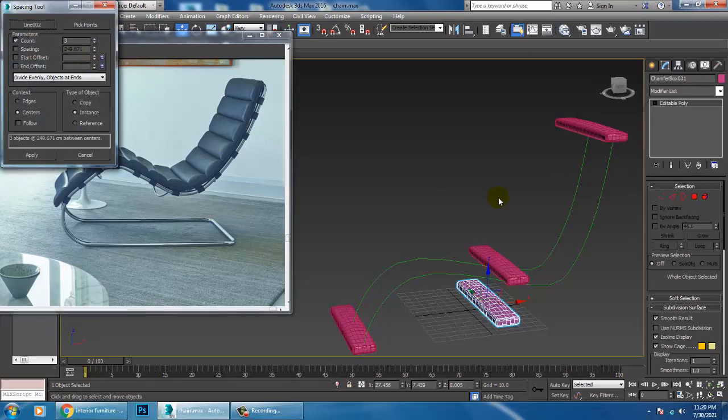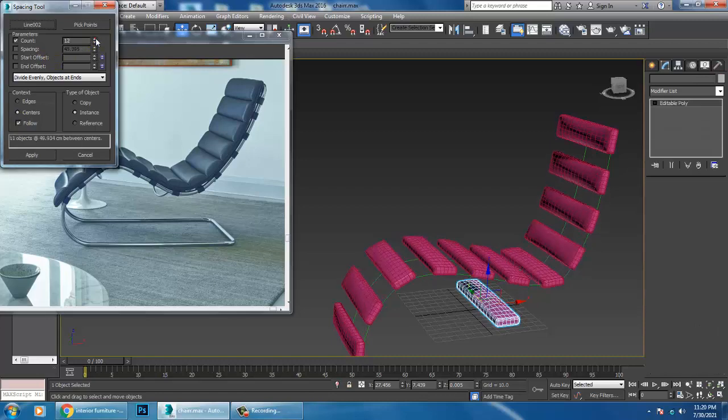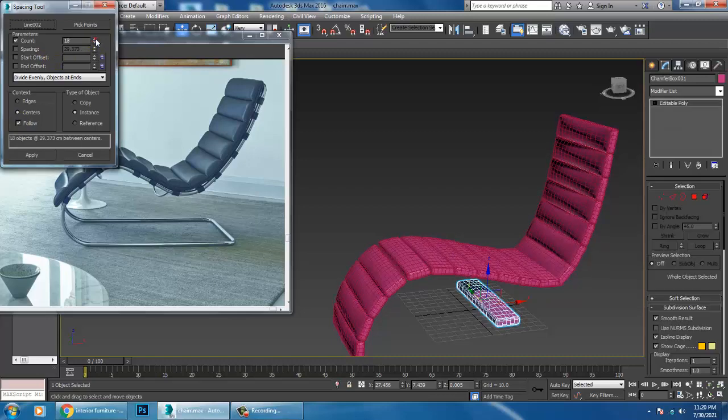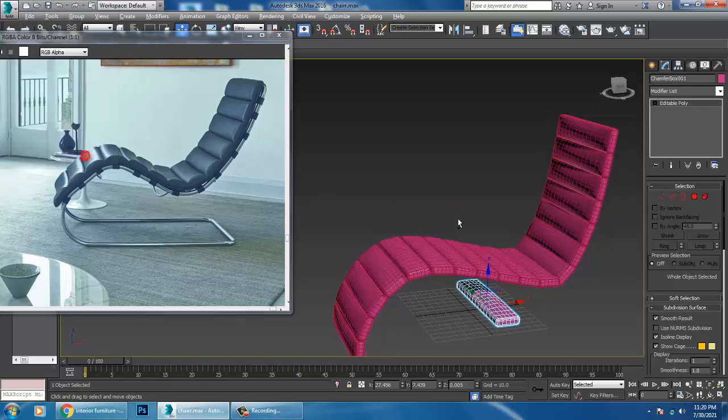I'll give a bit of follow over here and add the numbers. Once you're done, you can click on close over here.